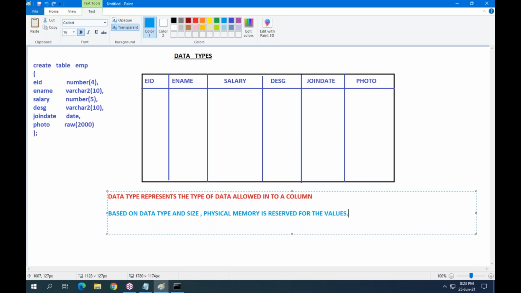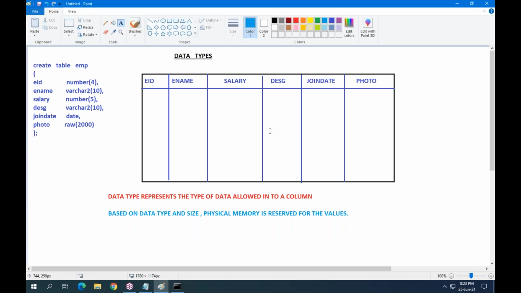What is the second point? You have created a table. Into this table, in future, you will insert data. If you insert data, the data is permanently stored. Permanently stored means the values occupy physical memory.